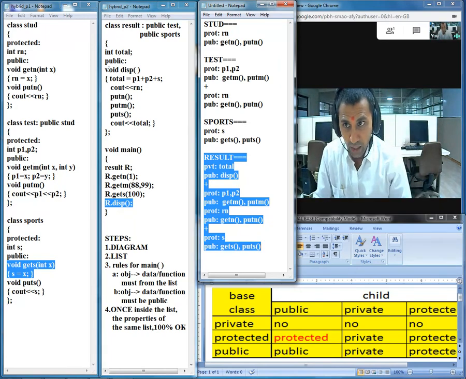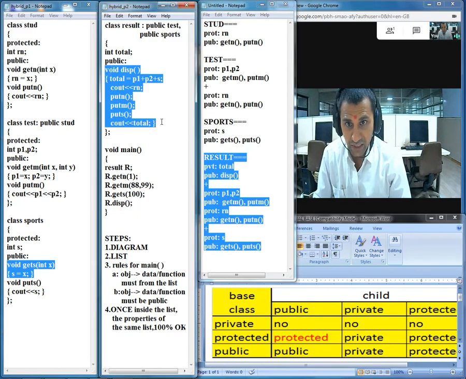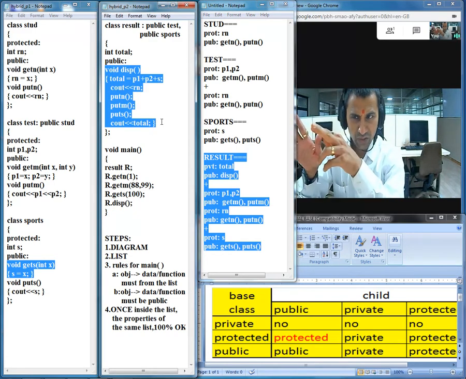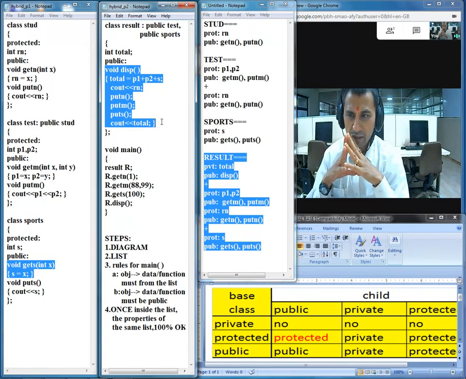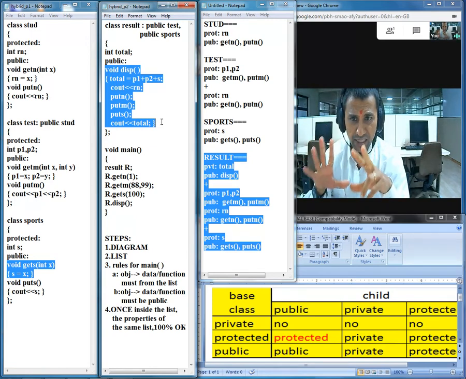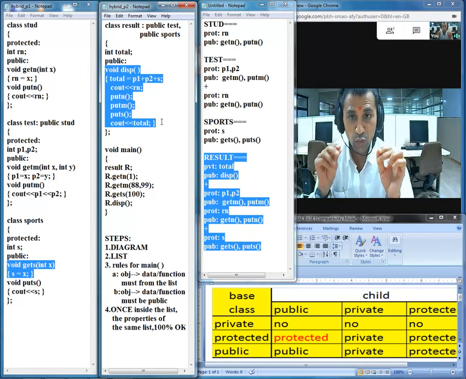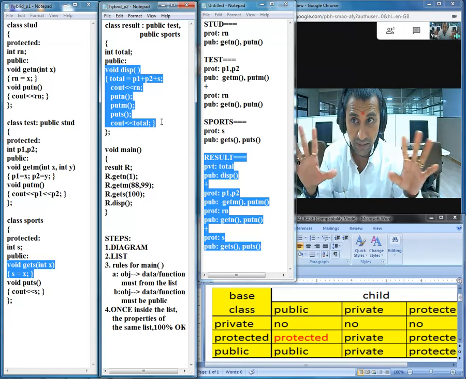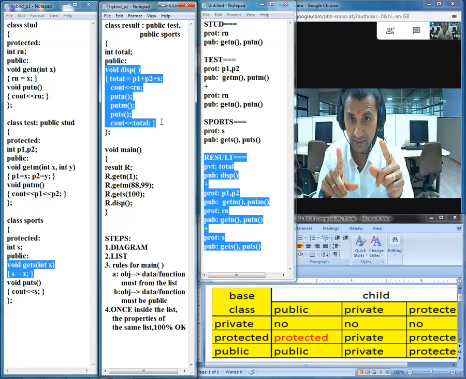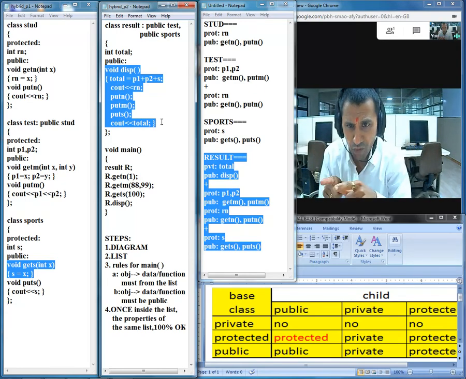While we are executing this definition, we are going to wonder that the display function is trying to access so many things, so many variables, so many functions. Now rule number 4 is in action. Rule number 4, what does it say?